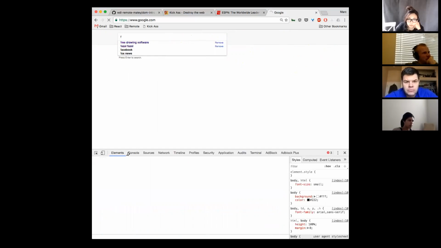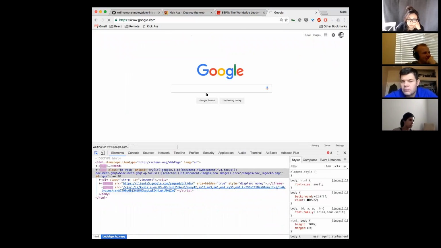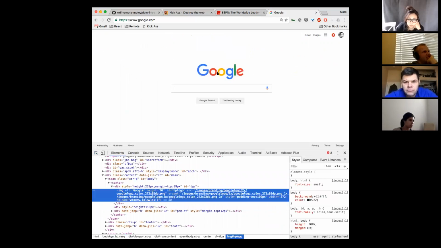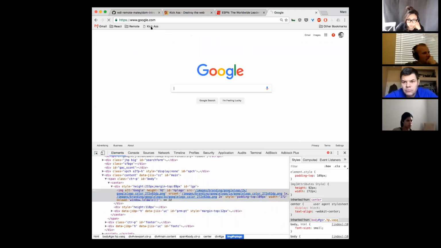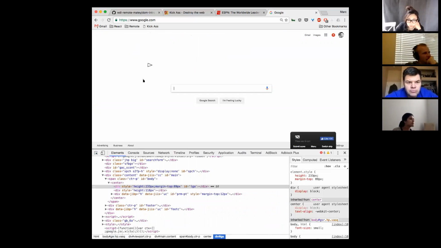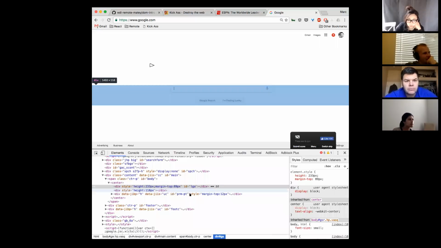Anyway, try this one more time. So let me find the Google icon, and you guys are going to be doing this in a little bit. You're going to be manipulating your Google page. So here it is right here. And so if I go to kick ass and I get my little spaceship, and if I go over here, make sure my aim's right, and if I get rid of it, see how it disappears from down the elements